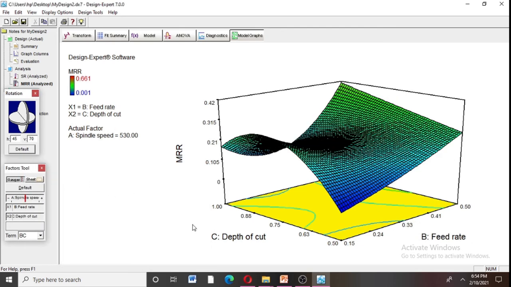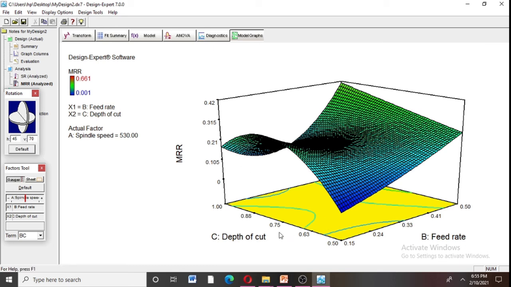After that, I may change. What about depth of cut and feed rate interaction? From this, we can write the interaction effects on considered responses. Here, the feed rate value on the x-axis is from 0.15 to 0.5. On the y-axis, depth of cut from 0.5 to 1 is available. If the feed rate increases, the material removal rate also increases. If depth of cut increases slightly, the material removal rate increases, after that it reduces,